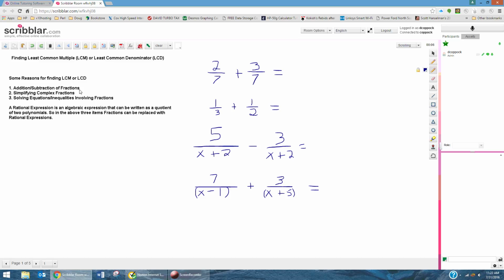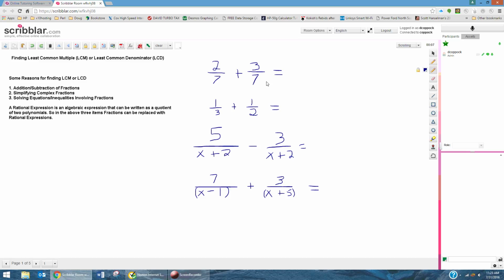Simplifying complex fractions and solving equations and inequalities involving fractions, or what we sometimes call rational expressions. A rational expression is really a fraction where the denominator is a polynomial. Now let's just take a few examples here that are kind of straightforward. If we had to add these fractions together,